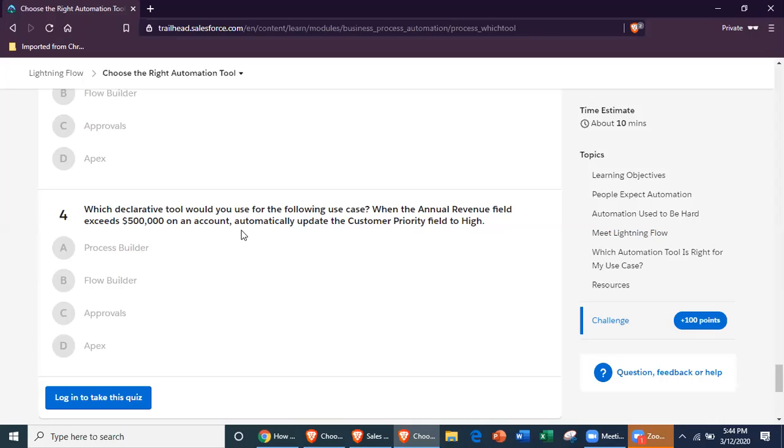When the annual revenue field exceeds 500,000 on account, automatically update the customer priority field to high. Okay, I wouldn't. I'd do it when, if annual revenue means how much money they're spending with me, yes. Annual means how much money they're bringing in as a company. I don't care about that. I care how much money I'm getting. But